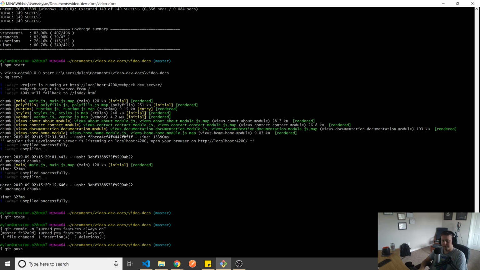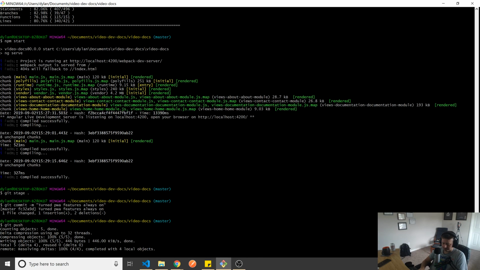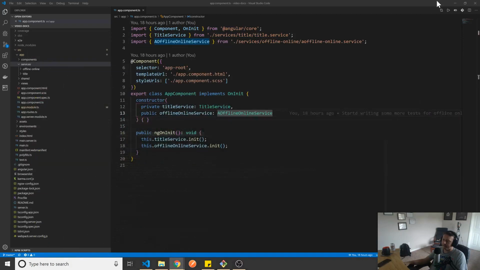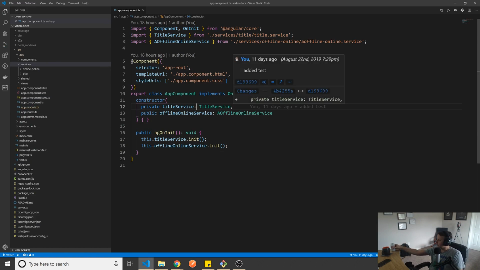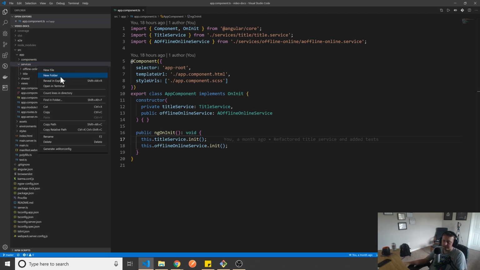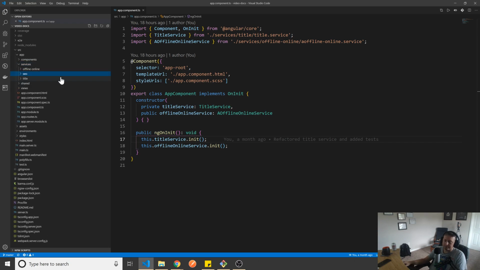Git push. Git push Heroku. All right. Cool. So we've done that title service. So let's create a service. We're going to call it SEO. New file,